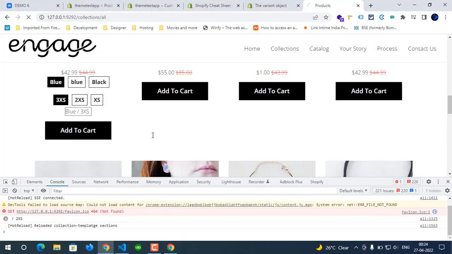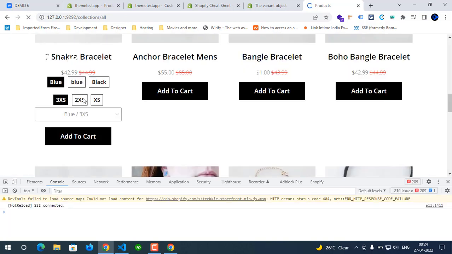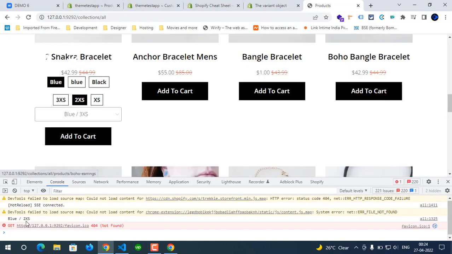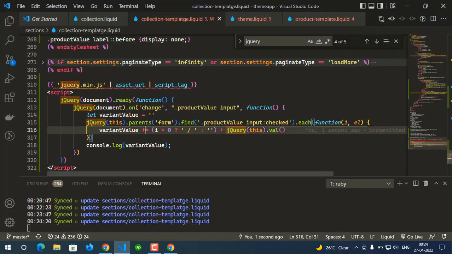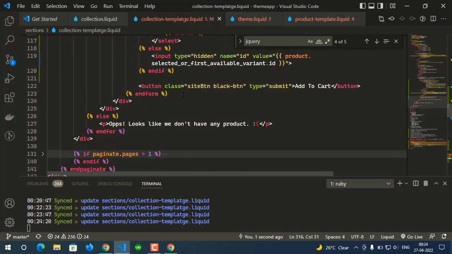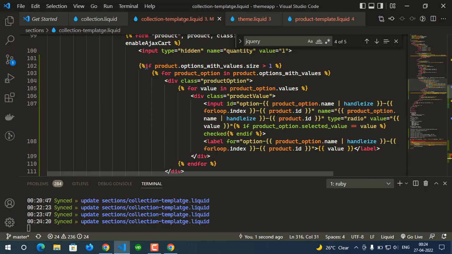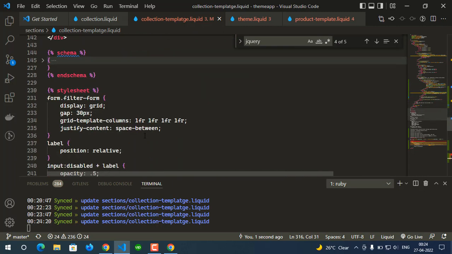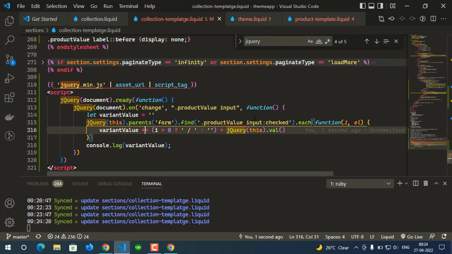So let's check now. Okay, we got blue 2x and blue xs. So what I'm going to do, based on this one, I'm going to look on this one. So let's say